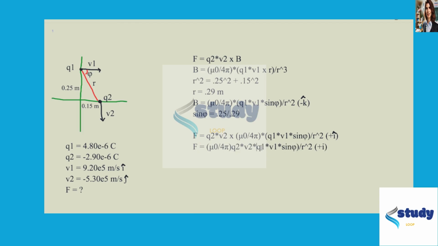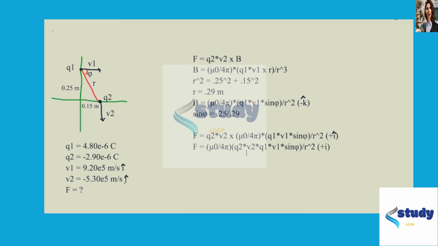But essentially, at this point, all we have to do is just plug in numbers. We have Q2, we have V2, we have Q1, we have V1, and we have sine of theta we found right up here, 0.25 divided by 0.29. R we already found. And we found the direction. So finally, when we plug these in,